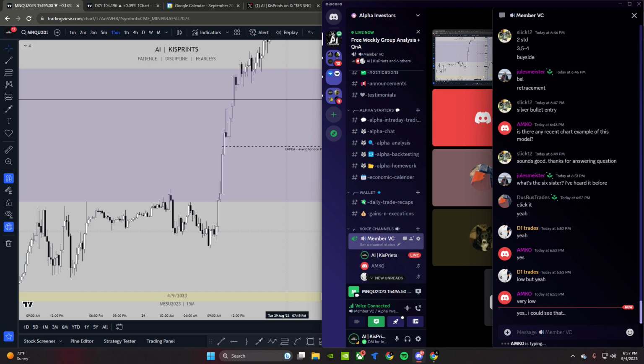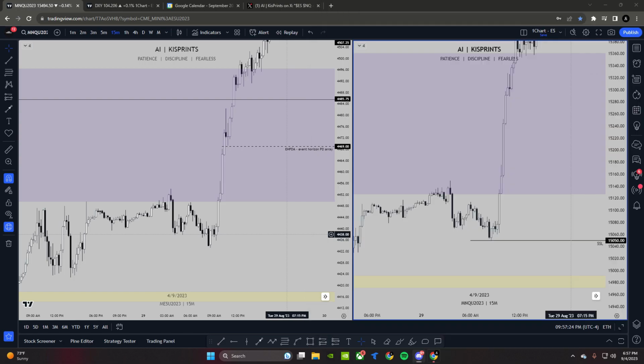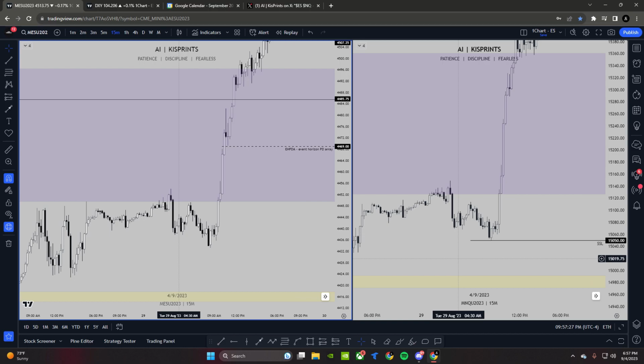The indices will tell us which one is relatively stronger and which is relatively weaker. So the sixth sister concept is if NQ is relatively stronger, we can expect ES to be the sixth sister and follow. So it's something you just have to see in real time, and you will get that with just chart time in general. But typically that's why I always watch both of the indices because it'll tell you which one is leading and which one isn't, and that also has to do with relative strength on the indices. Anyways,